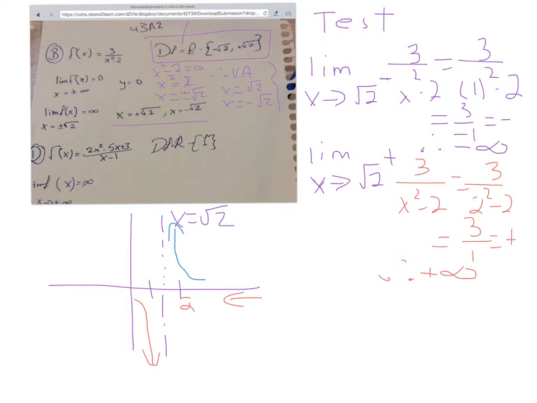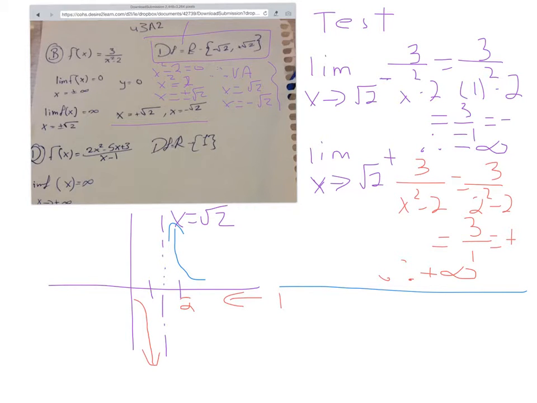So it gives us a really good idea of what the graph is going to look like around this asymptote, and it really helps us to determine the shape of the graph. Now, the other part that you're missing is the horizontal asymptote. So you were asked to find both asymptotes, and on all of these questions you did not indicate what the